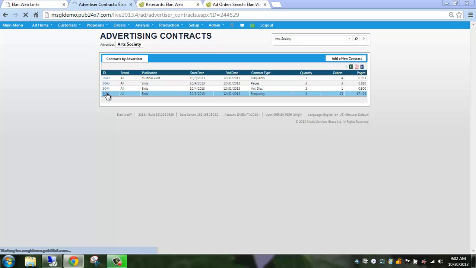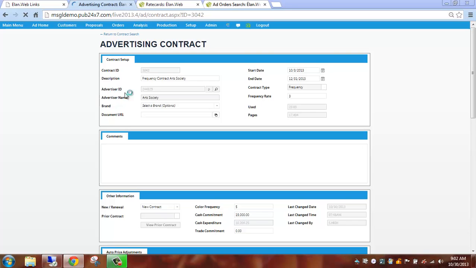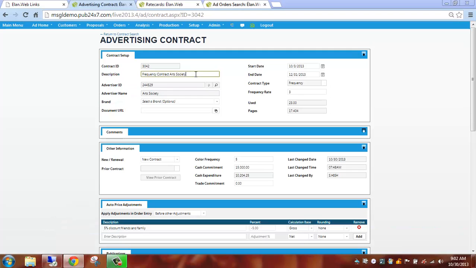Click the hyperlink for the contract. Enter a description for this contract. Enter a start and end date during which the contract is valid. Enter the frequency number of ads to be placed for the advertiser to benefit from the discount under the terms